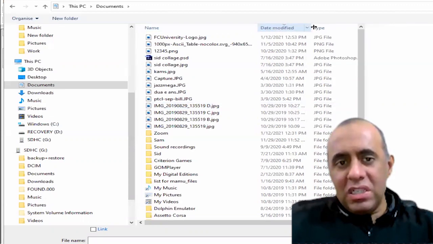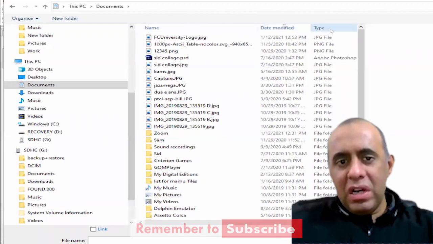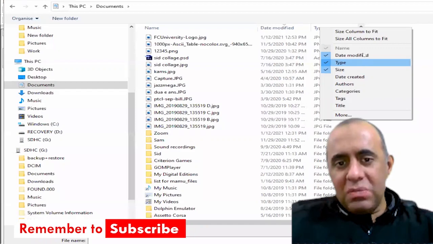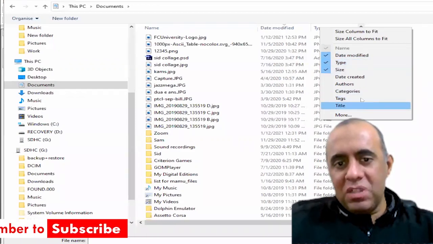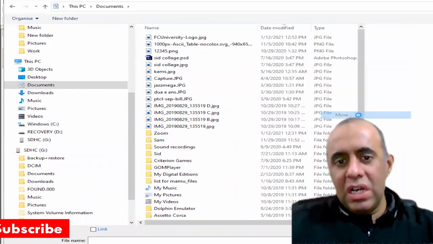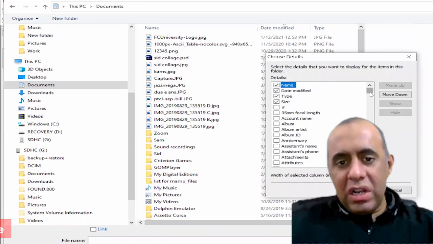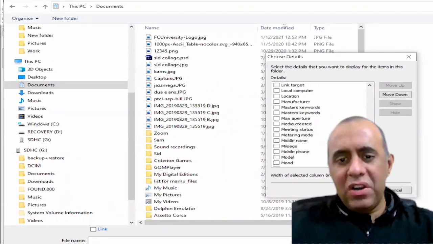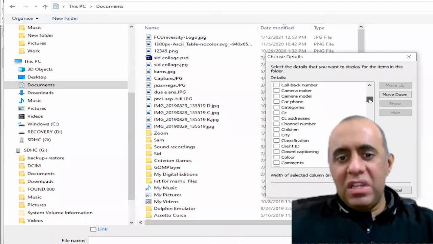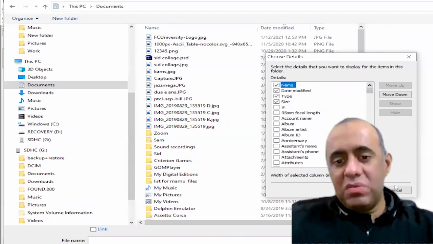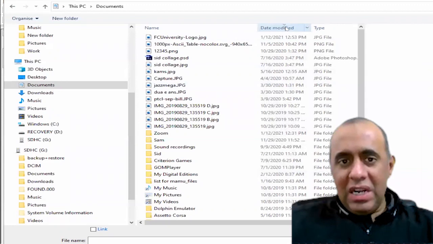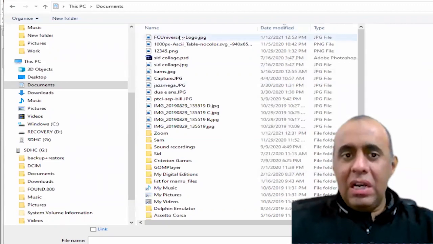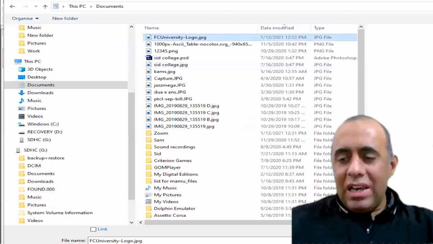If you cannot see the date modified option on your Windows Explorer tabs, you can right click this and simply select date modified from this list, or you can go to the More option and find date modified in a very long list of attributes of files. And when I select date modified in descending order,